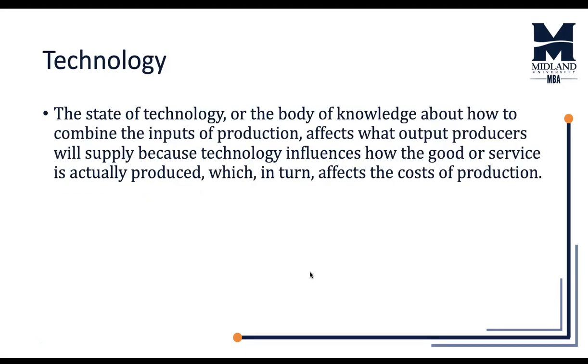Okay, first is technology. So the idea here is that technology does make a difference in how much a producer is willing to produce into the market at a given price. Okay, so the easiest example that we can give here is fracking. So what is essentially fracking? Fracking was a new technological innovation by which the companies that were doing fracking were able to produce more gasoline into the market, right?